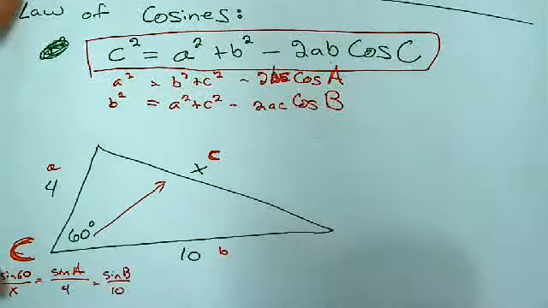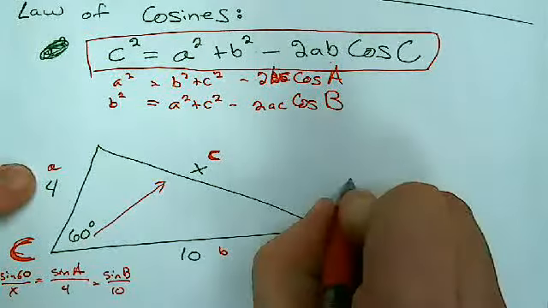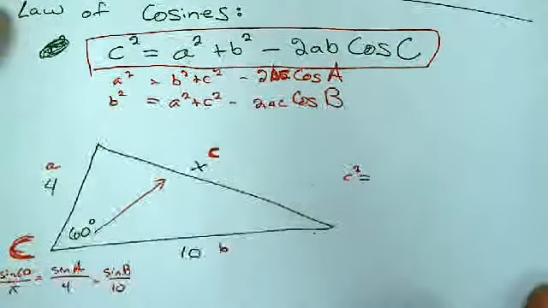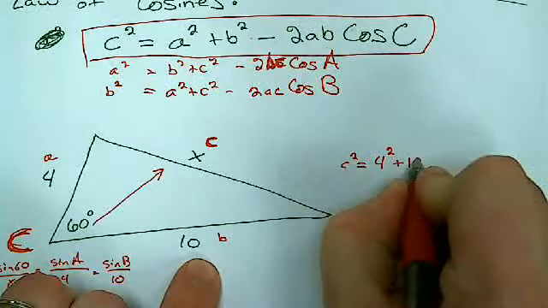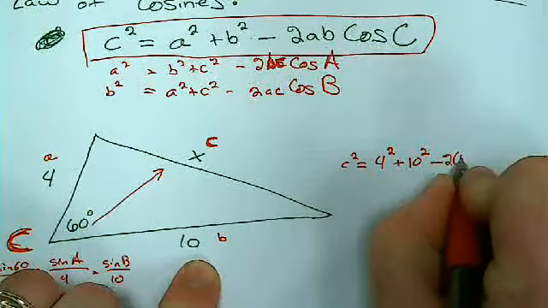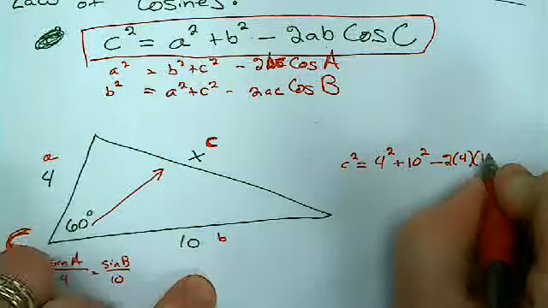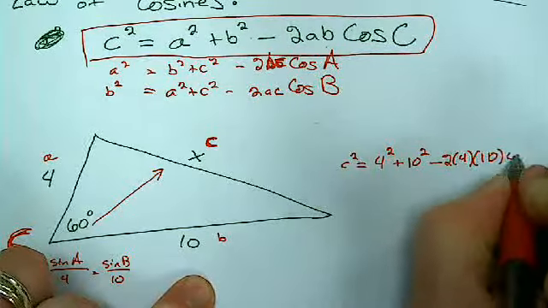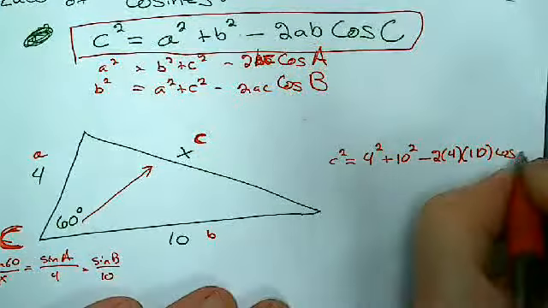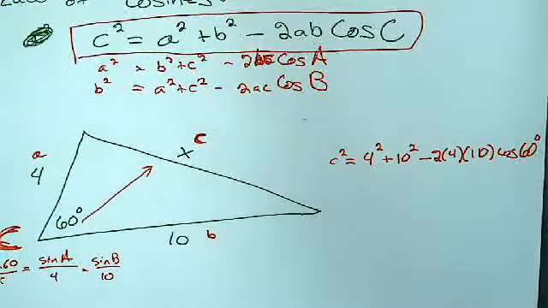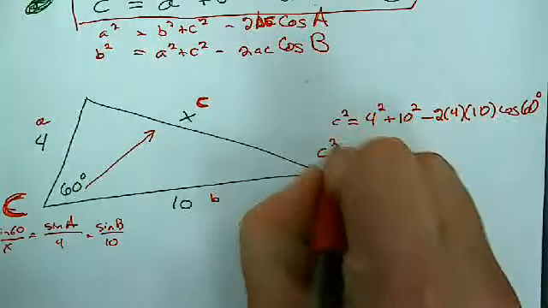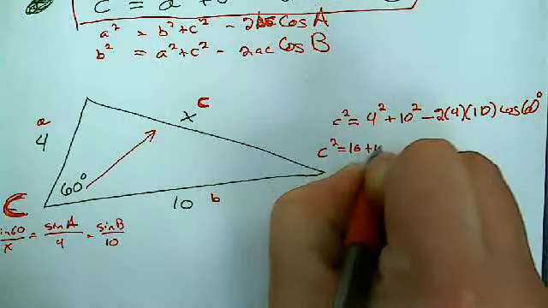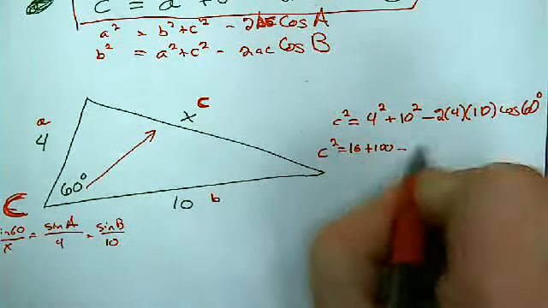So let's take the formula and plug her all in. C squared, that's what I'm looking for, is equal to a squared, so 4 squared, plus b squared, 10 squared, minus 2 times 4 times 10, that's my 2ab, cosine of C, which is 60 degrees. So that's now going to become c squared is equal to, let's see, 16 plus 100 minus, now what happens